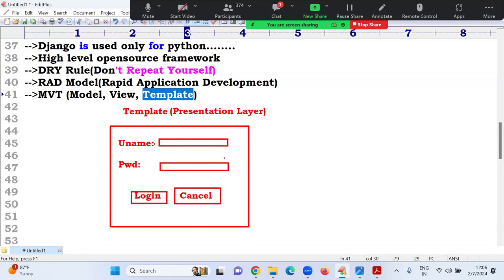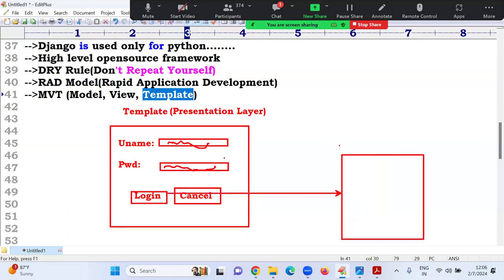Once I enter a username, and my password, and click on the login button, I want to connect this functionality to the database, because whether that username is available or not, I don't know. That's why it is called a database.